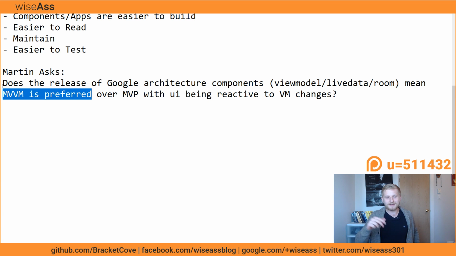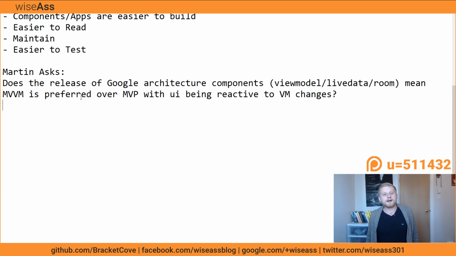Someone linked me to a podcast where Yigit Boyar and, I forget it, Chet Haase were talking on some podcast, and they basically said that they had the same experience as I did, which is that there's so many different ways to do model view view model. But yeah, I'm rambling all over the place. But if you don't have an architecture, absolutely this is preferred. Google is basically saying, here is one way you can build applications. We like this way, but you don't have to do it that way.